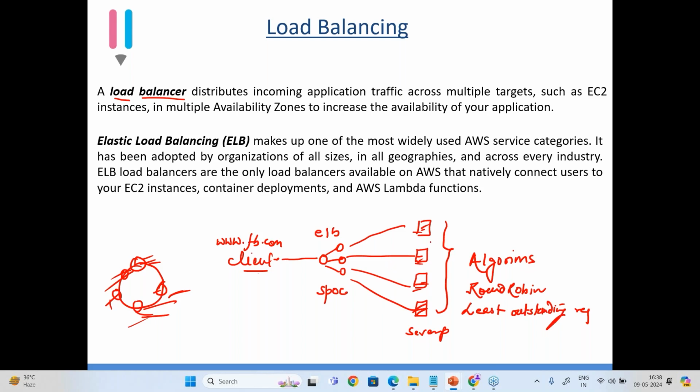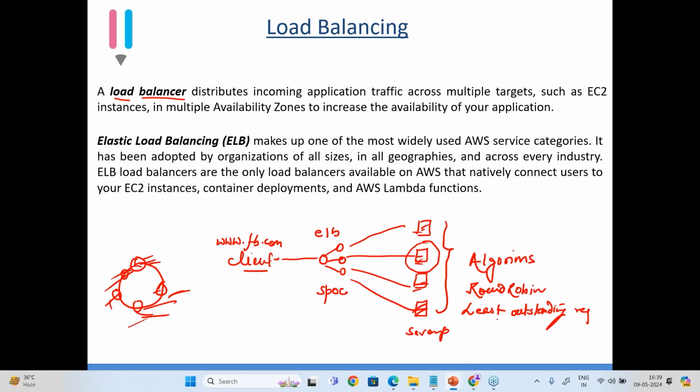What is the least outstanding request algorithm? Round robin, when it is distributing a load, just distributes it: 1, 2, 3, 4, 5, 1, 2, 3, 4. It might be possible that the size of the requests may not be equal. One server may have, let's say, 9 pending requests to solve, but round robin does not watch that. It simply assigns requests to the servers in a simple pattern.